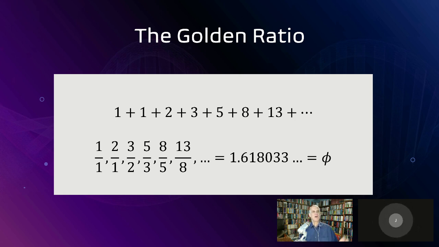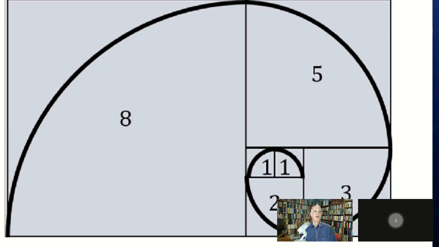And if you take the ratio of each subsequent number like you did, so 1 to 1, 2 to 1, that's 2. 3 to 2 is 1.5. 5 to 3 is 1.67, or 1 2/3. 8/5 would be 1.6, so in other words, it'd be 1 3/5. And then we get closer and closer. We kind of oscillate around that number. And if you just keep going to infinity, it reaches the number 1.618033 and however many digits you want. And we call that the golden ratio.